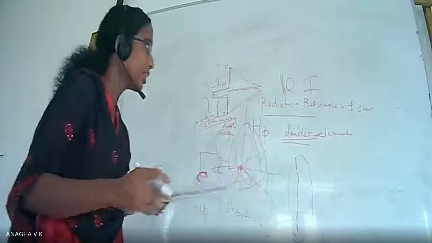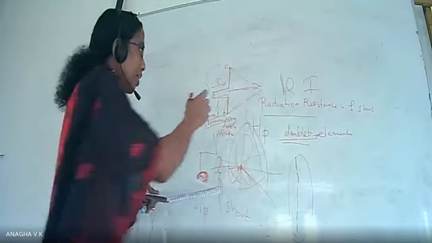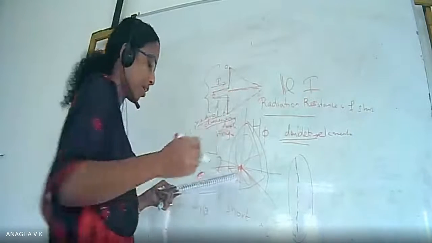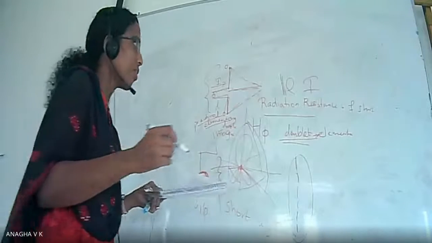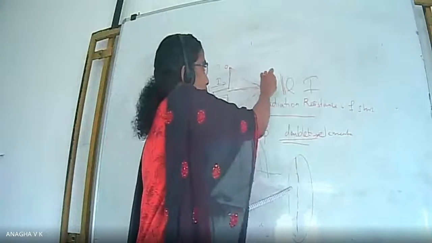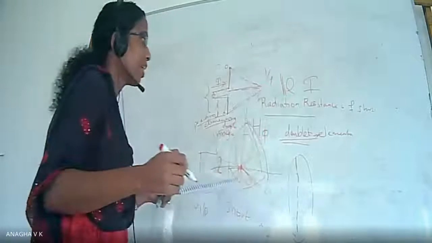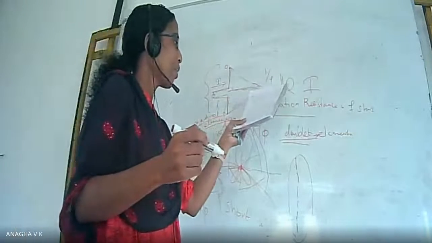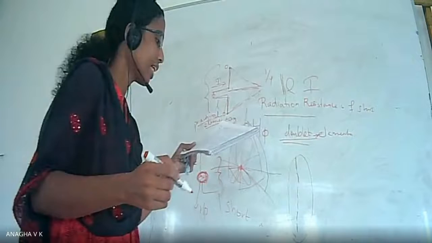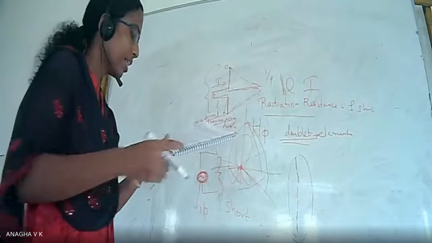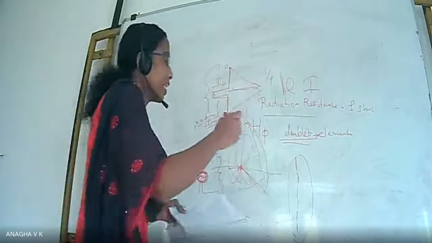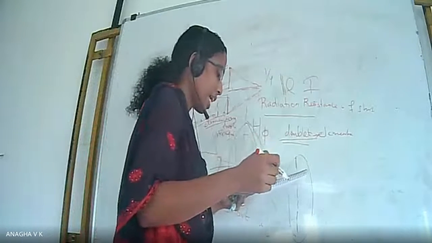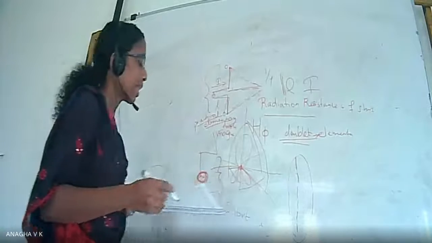The radiated power of the dipole is only what? One quarter of the radiated power of the current element of the same length L, for the same input current